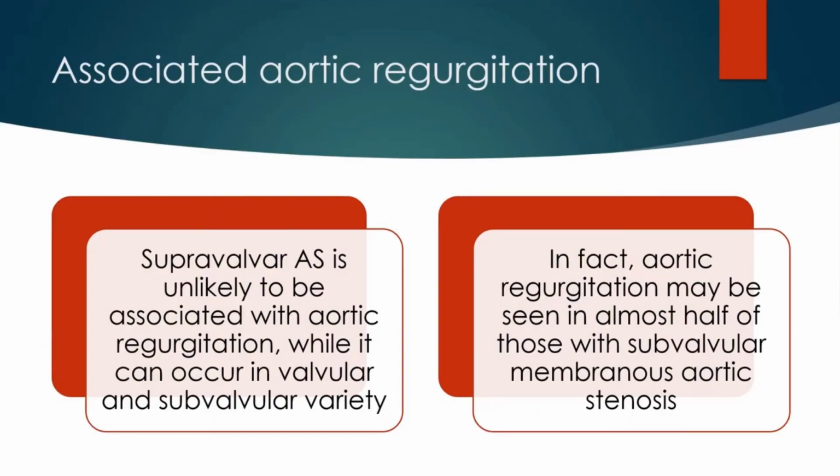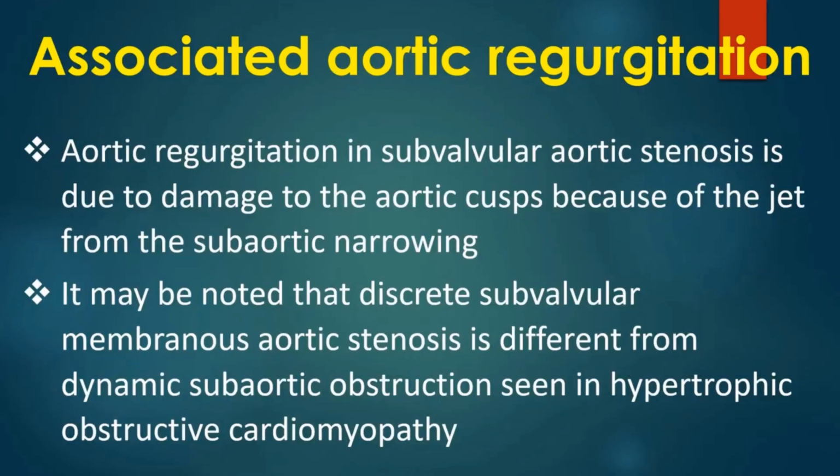Supravalvular AS is unlikely to be associated with aortic regurgitation, while it can occur in valvular and subvalvular variety. In fact, aortic regurgitation may be seen in almost half of those with subvalvular membranous aortic stenosis. Aortic regurgitation in subvalvular aortic stenosis is due to damage to the aortic cusps because of the jet from the subaortic narrowing. It may be noted that discrete subvalvular membranous aortic stenosis is different from dynamic subaortic obstruction seen in